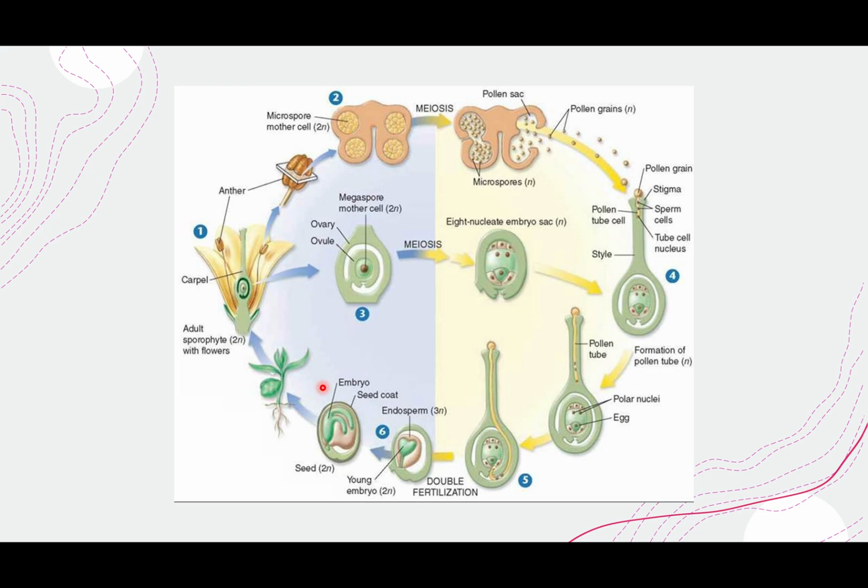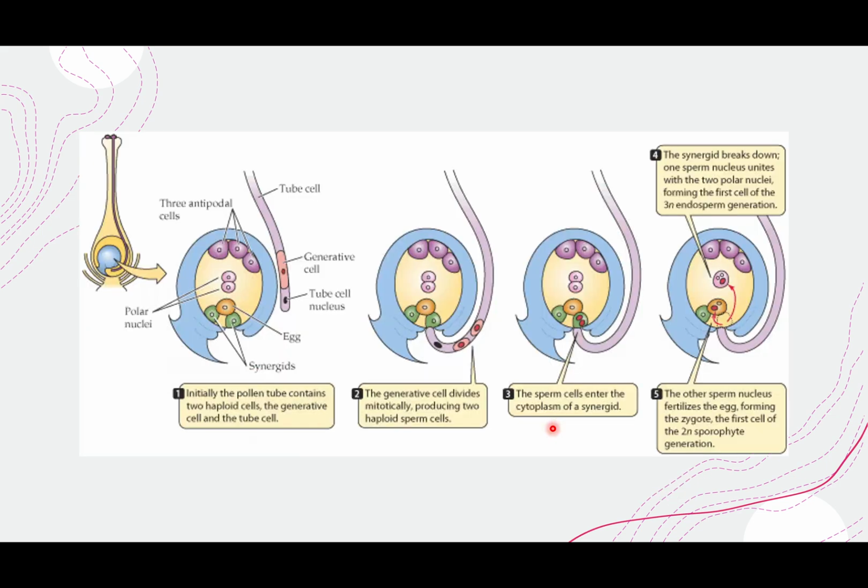We're going to talk about the further embryonic development now. Let's look at what's happening here. Initially, the pollen tube contains two haploid cells, the generative cell and the tube cell. Then the generative cell divides mitotically, producing two haploid sperm cells, and then the sperm cells